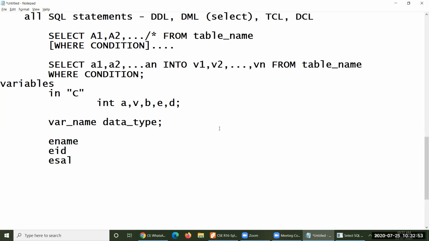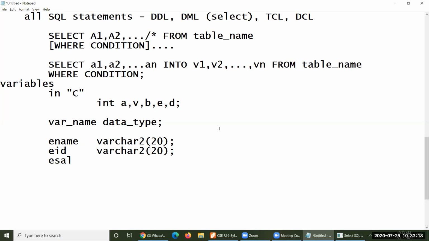For example, in previous languages, you could declare character ename comma EID, but here it is not possible. Ename varchar2 of 20, semicolon, and again you have to define the same kind of varchar in the next line, not on the same line.